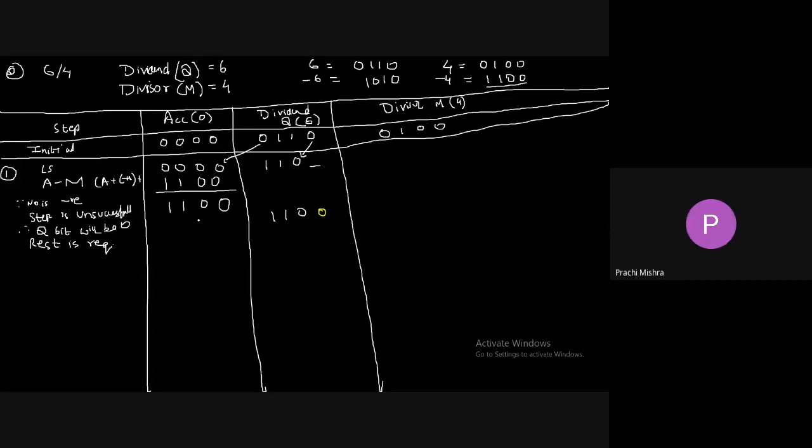Yes, sir. In order to perform restoration, what do we need to do? Add. We need to add the divisor, that is, add 4. After adding 4, basically you will add 0 1 0 0 to it. What will you get? You'll get this one only, right? What you had subtracted, you'll get the same thing again. Right? Yes, sir. You'll get exactly the same thing.